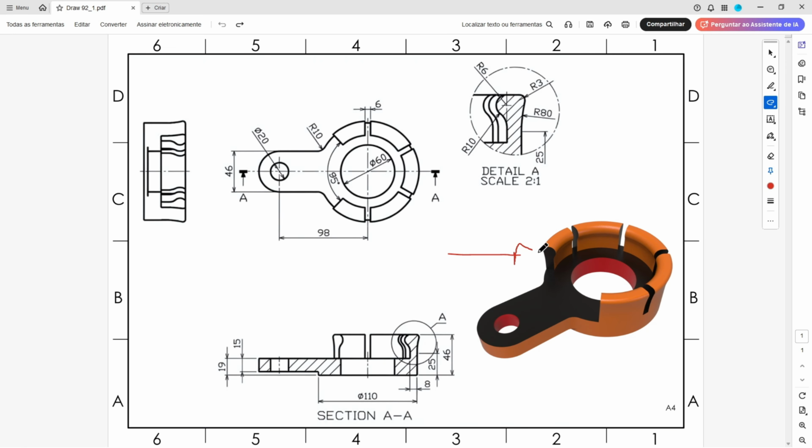The first step to create this part, we will make the base. So the base is this area here. Here we will create two circles, one circle with 110 millimeters of diameter, and inside we have a hole with 60 millimeters of diameter, and we will extrude this 19 millimeters. Okay,